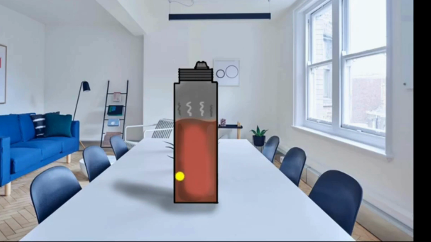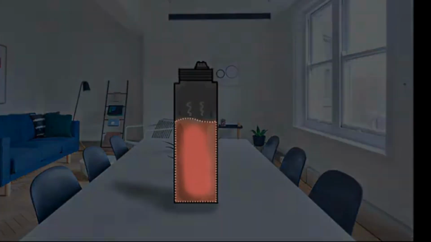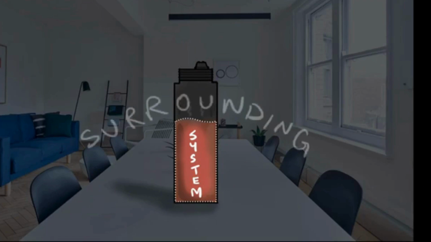And one of the ways to do that is to define something called a system and a surrounding, okay? So what exactly is a system? A system is basically a group of stuff that interests us. For example, if I draw a boundary around this coffee and call my coffee a system, then all the molecules of that coffee now become part of my system. And everything that is outside of that boundary, like say the molecules of air inside the thermal flask, the molecules of the thermal flask itself, and the table and the room and everything else becomes the surrounding.